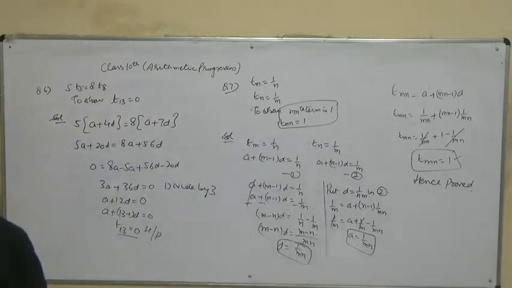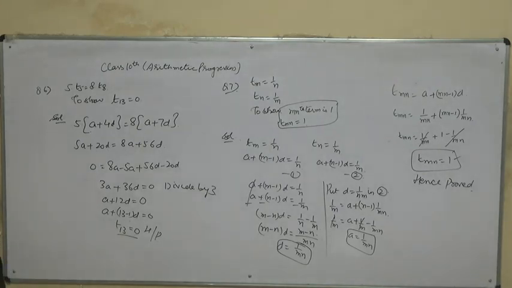So then moving on to the next part. So the next question is the same as what we did in question number 3, or 4, or 6. The same: we are given that m times the mth term and n times the nth term are equal, then show that the (m plus n)th term is equal to 0.